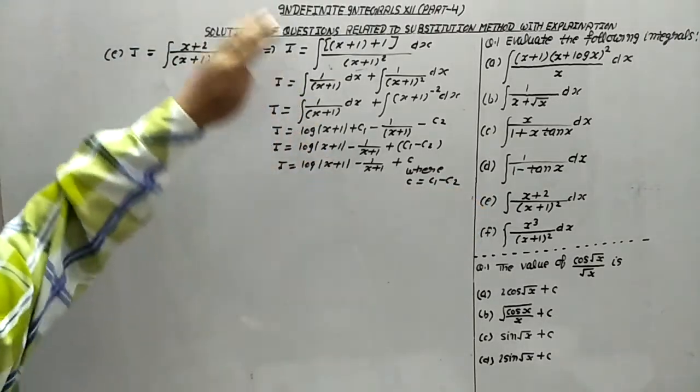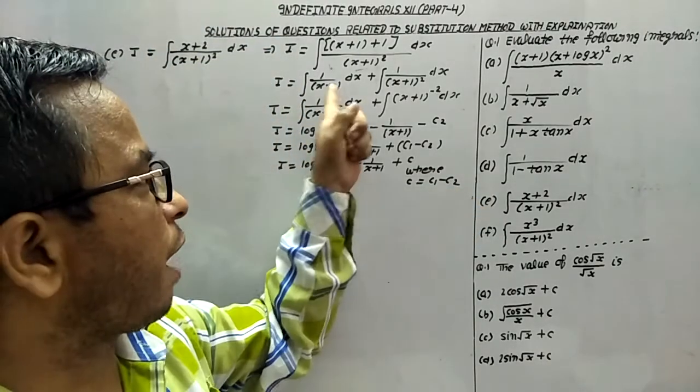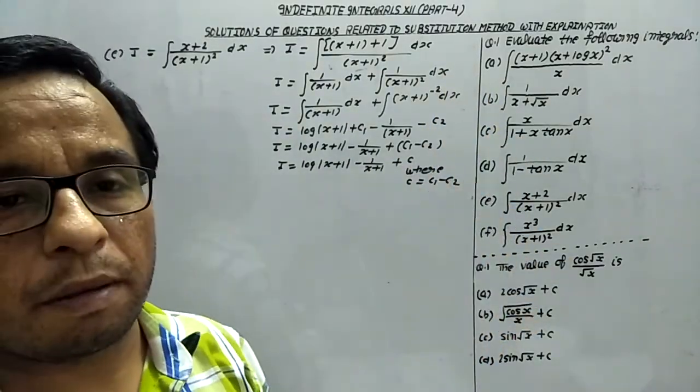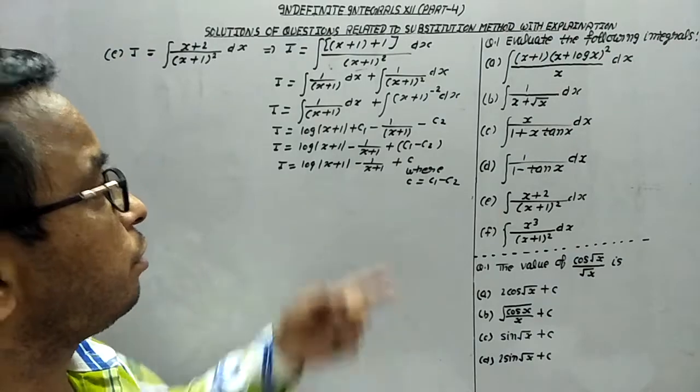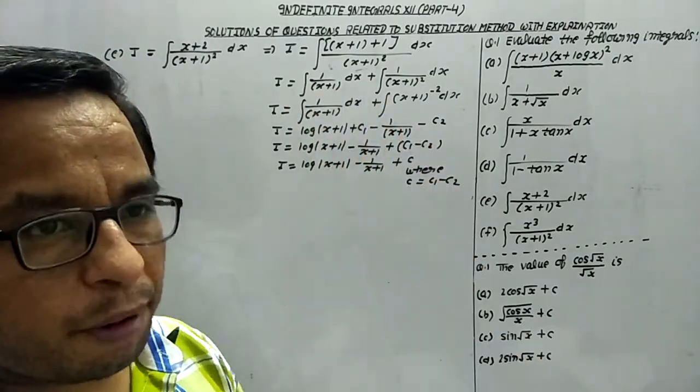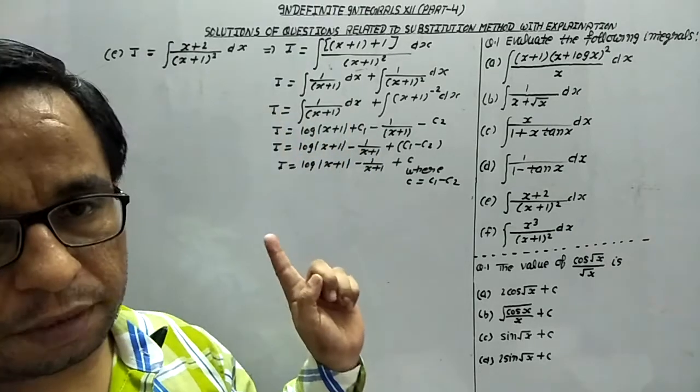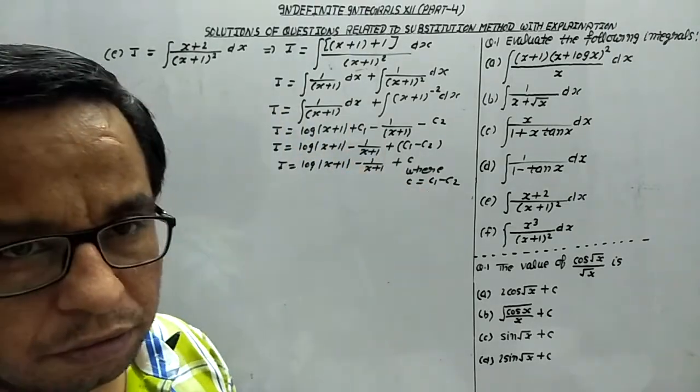So this is the way, and in the last question we did I1, I2. You can do that one also, that is the proper way. But because I had already explained, here I am doing it in short. But for each integration, you should take a new constant, and after that combine them and write down C.